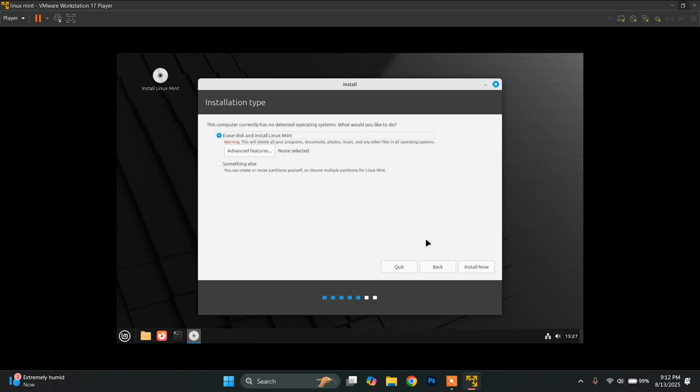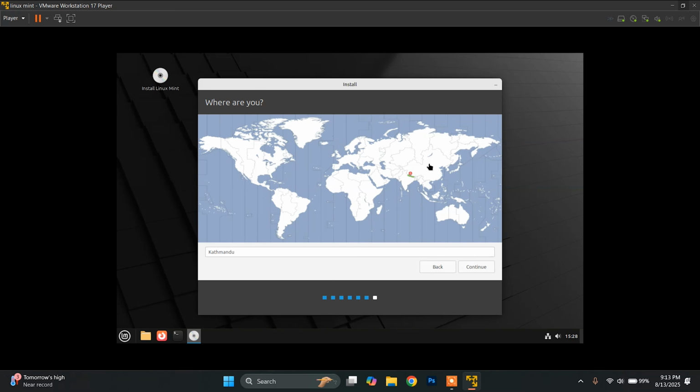So you will see these 2 options to install the Linux Mint system. The first one is erase disk and install Linux Mint into it, and another one is something else. So you can create multiple partitions and install Linux Mint into one partition and leave the other as the secondary partition. And while installing it on VMware, I recommend you choose the first option to erase disk and install Linux Mint to reduce the complication. Click on continue. You can just choose your time zone,